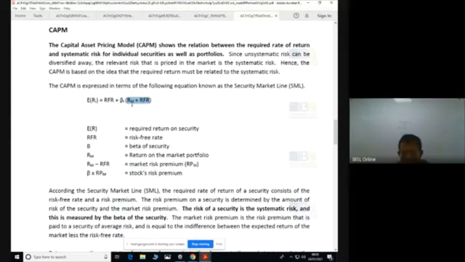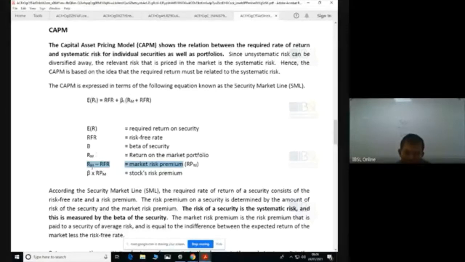In the exam, if you are given a risk premium, take that instead of the market return and the risk-free rate, meaning the risk premium. A lot of exams are not giving both, they are giving only the market risk premium. So take that. Don't look for the market return.